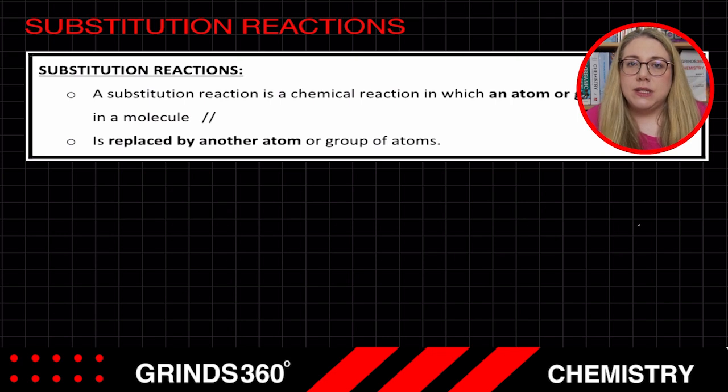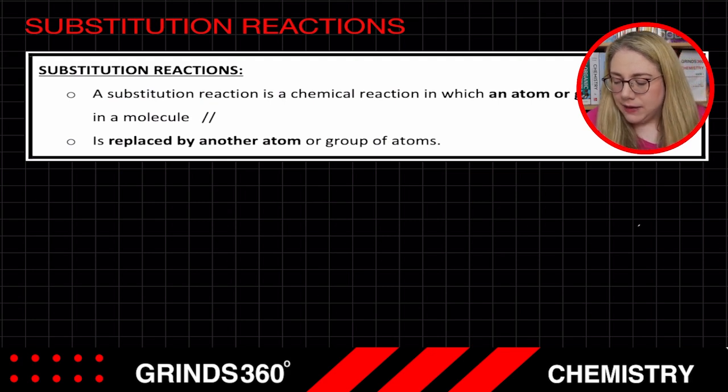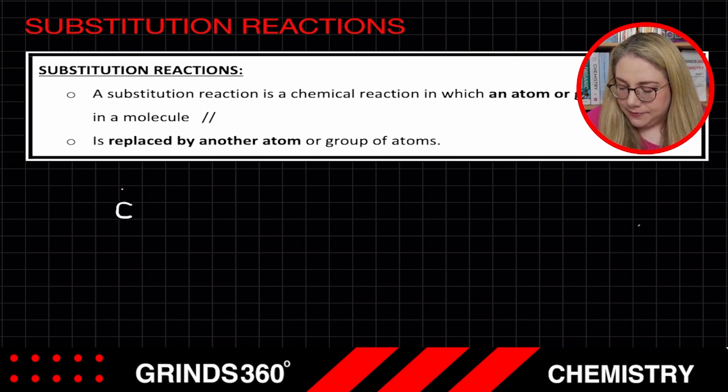Right, so let's start with substitution reactions. So the definition for a substitution reaction is a chemical reaction where an atom or group of atoms in a molecule is replaced by another atom or group of atoms. Now, an example of this type of reaction. So if I go down to the bottom of the page, we start off with an alkane,